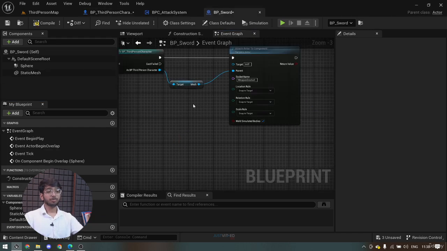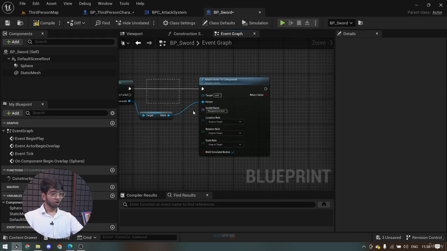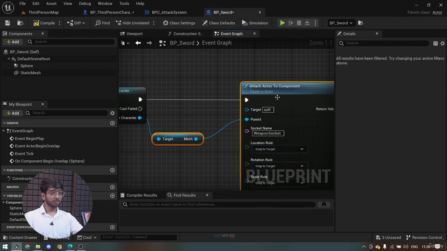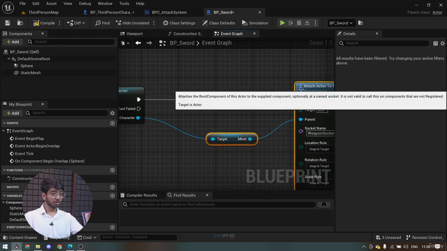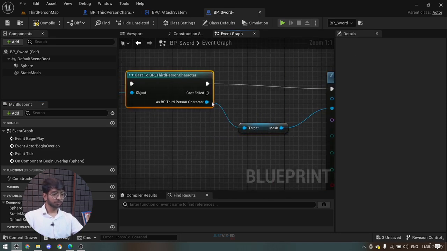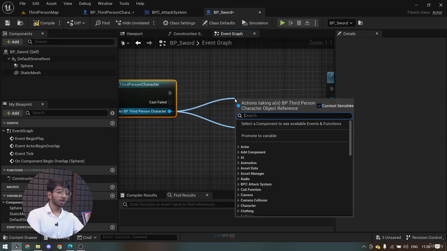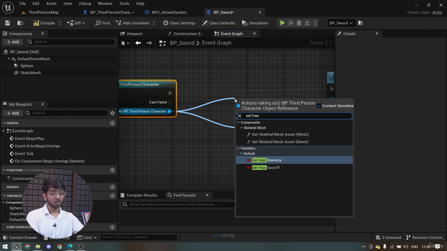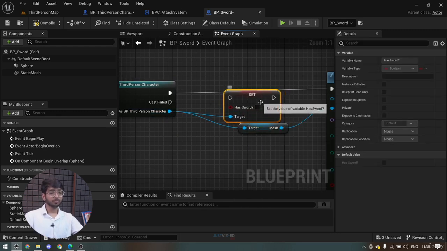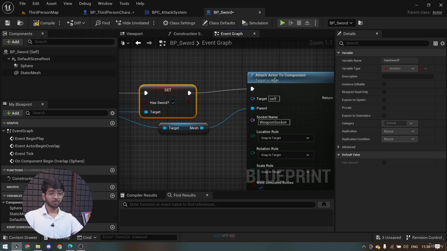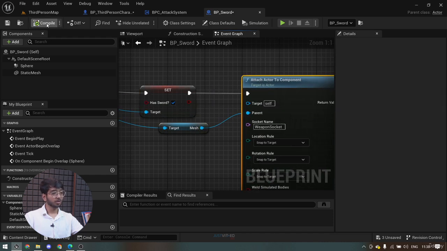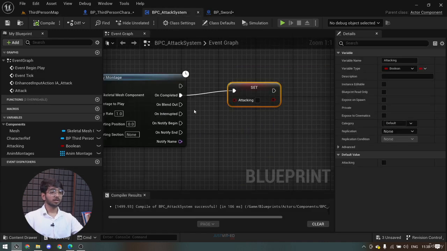Now in BP sword, from as BP third person character, we can get set has sword to true. Set has sword to true. Yes. Compile, and now we'll go back to the BP attack system,